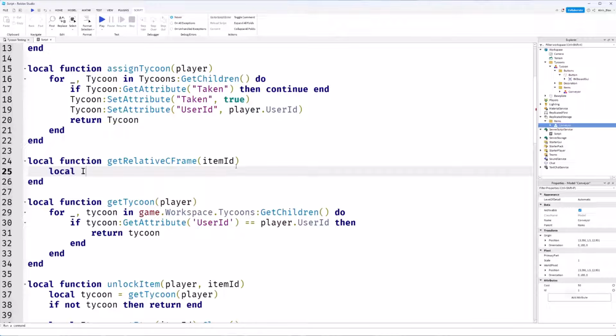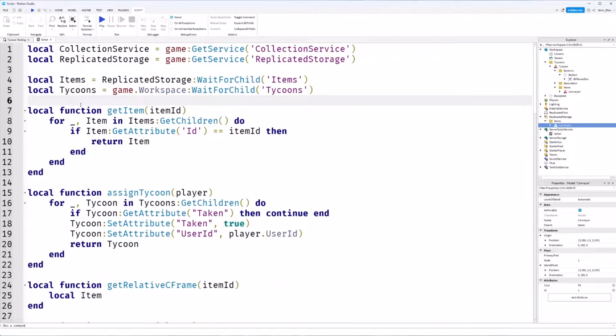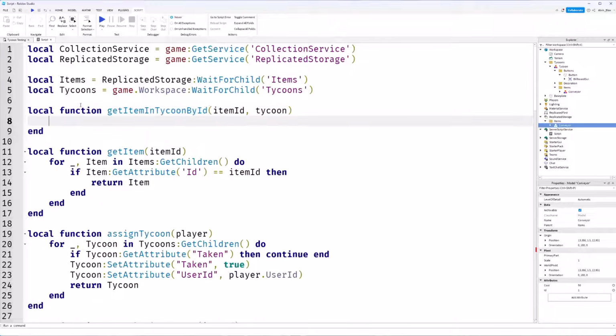So let's create a variable for the item, and let's create another function which is going to get the item in the Tycoon by its ID. Up here at the top of the script, we're going to create another function and call it getItemInTycoonByID. We're going to provide the item ID, and we're also going to provide an object for our Tycoon, which will pass into this function. So we want to loop through all of the items currently in this